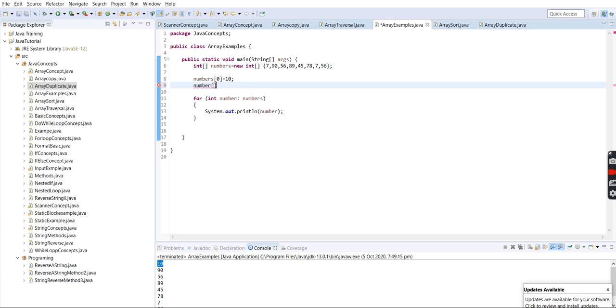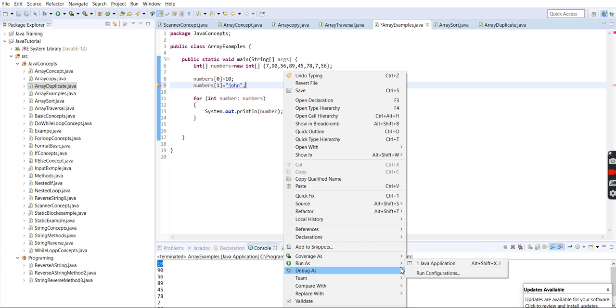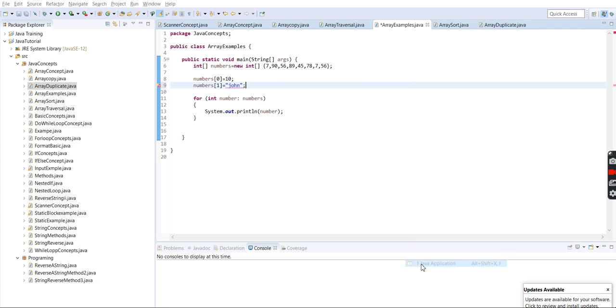The first time I successfully changed the integer 7 to integer 10. This time I'll change the value to a string. We'll see how it behaves. It is saying type mismatch, and this will give an array store exception error.